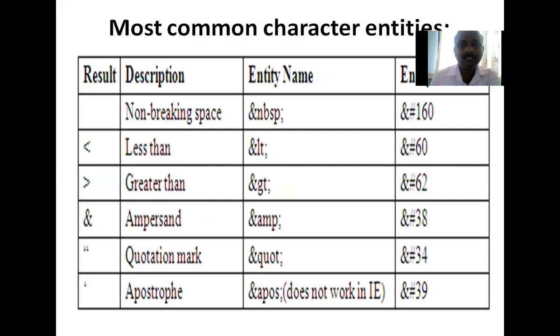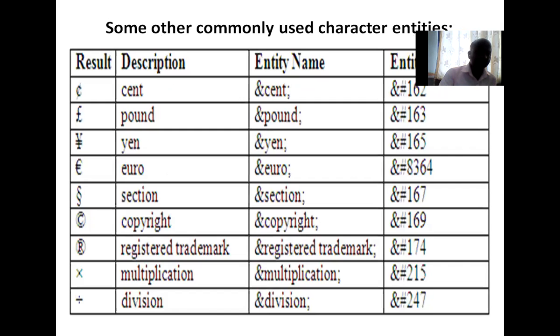Then the most common character entities and their entity numbers. Then some other commonly used character entities.